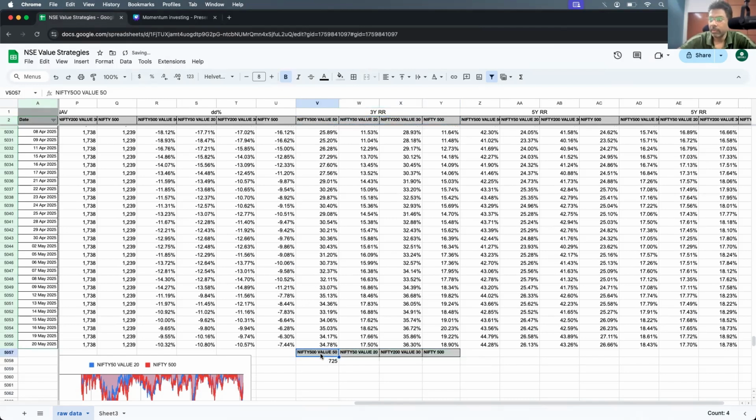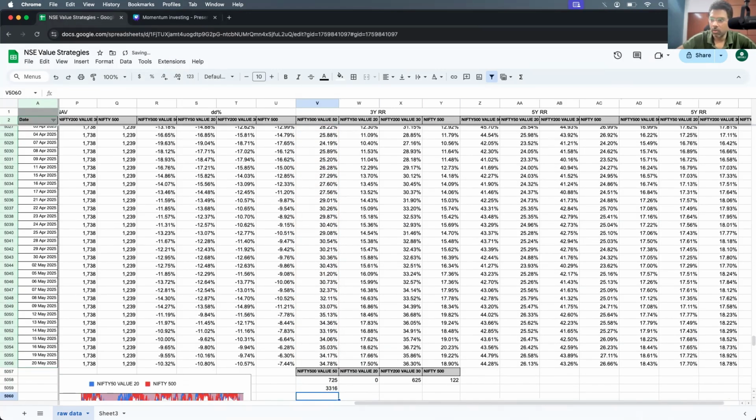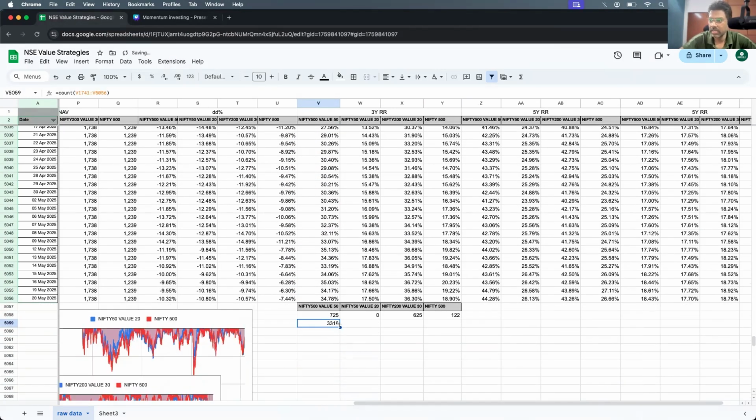So for Nifty 500 value 50, there are 725 records of instances where the 3-year rolling return was negative. For Nifty 50 value 20, it is 0. For Nifty 200 value 30, it is 625. For Nifty 500, it is 122. So as I mentioned, the total count of such 3-year rolling returns is 3316 instances we have. So if I look at the percentage,